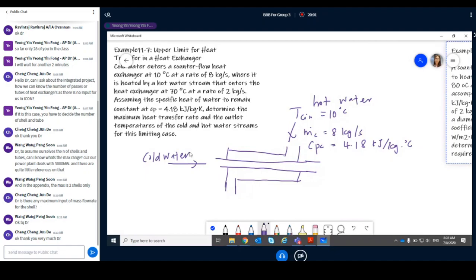First, you calculate the Qmax, and then Q equals Qmax, which equals MC CPC times TC out minus TC in, and that also equals MH CPH times TH in minus TH out. So the very first step that you need to start with under the effectiveness-NTU method is to